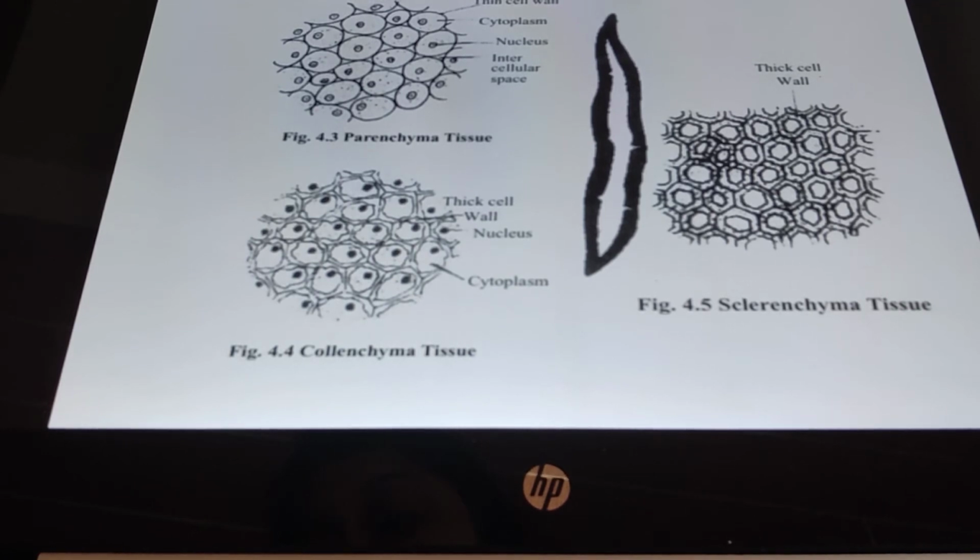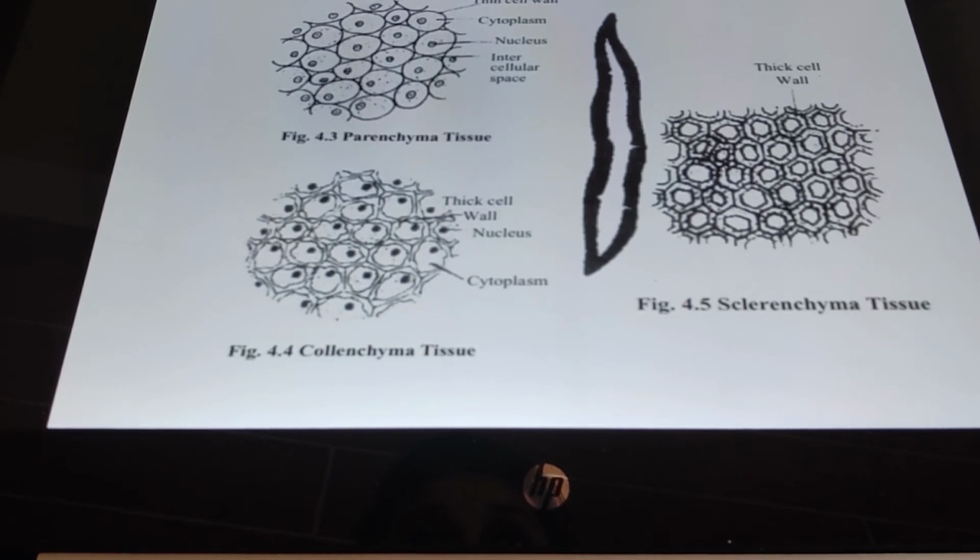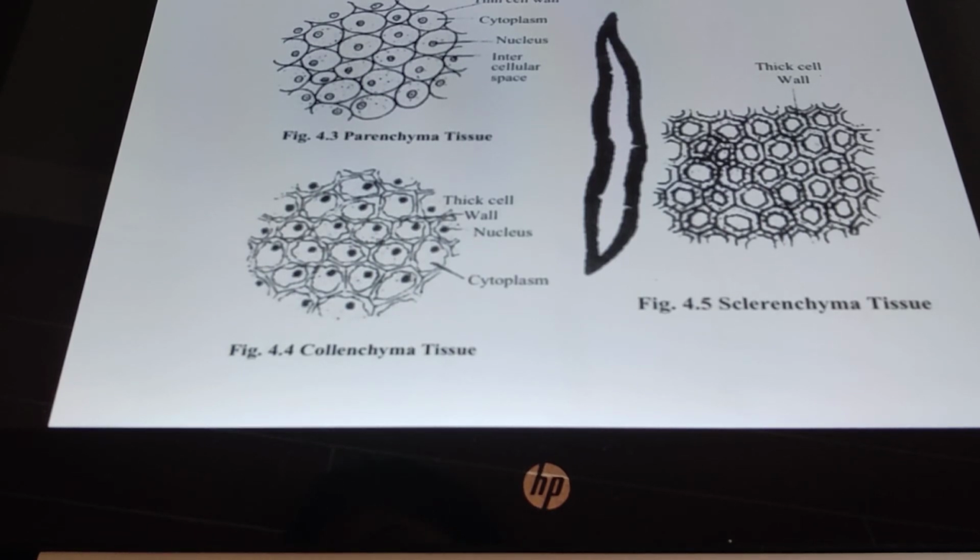These tissues are present in the stem, in vascular bundles like xylem and phloem. They are present in the veins of leaves, which is a hard covering. Nuts such as walnut and pistachio are examples: their shells are hard, and their outermost shell is hard, all due to the sclerenchyma tissue. So sclerenchyma tissue provides hardness and stiffness to the plant body, and also provides mechanical support to the plant body.